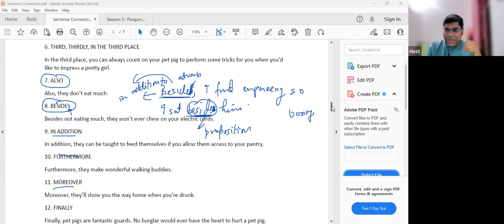ठीक है, तो भाई हमने क्या देखा? Similarity, contrast, and addition. Very, very important. You either add, you either contrast, or either you give similarity of information. So all the three things have been seen. Now we can go and check the other things. तो मैं इसको erase करता हूँ, आगे बढ़ते एक मिनट, sorry, clear all करता हूँ. Let's go ahead.